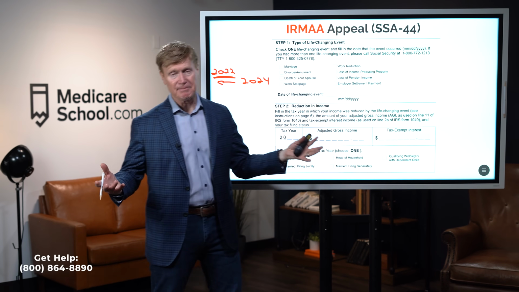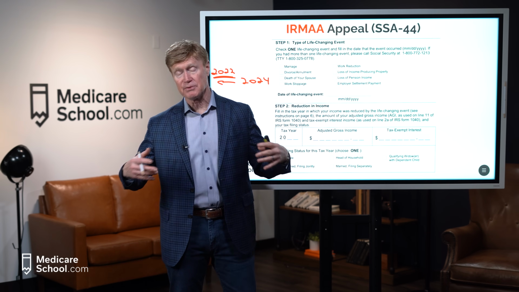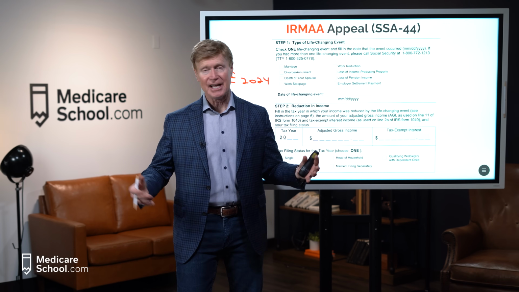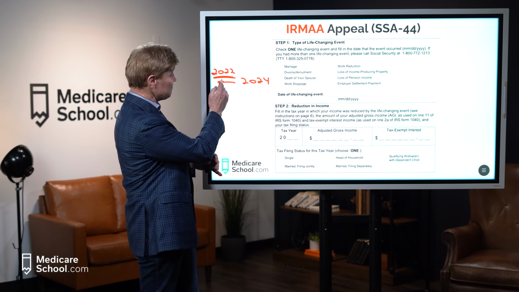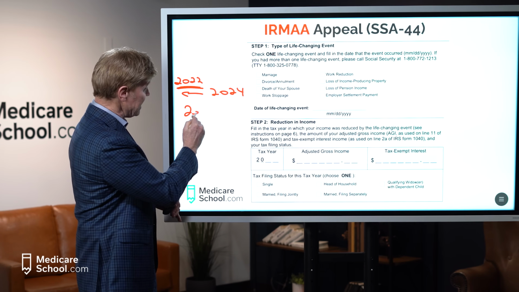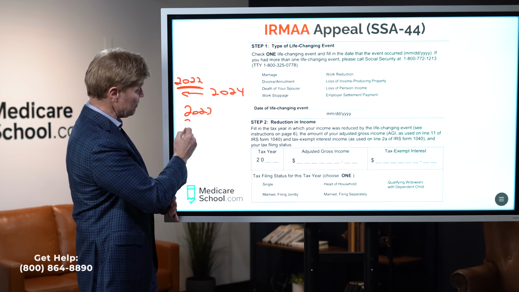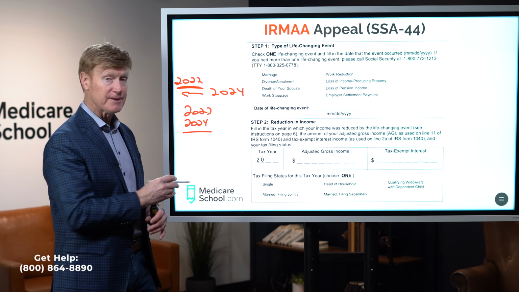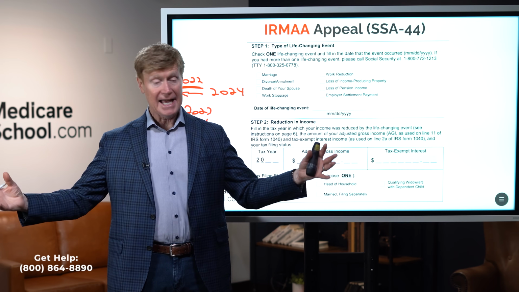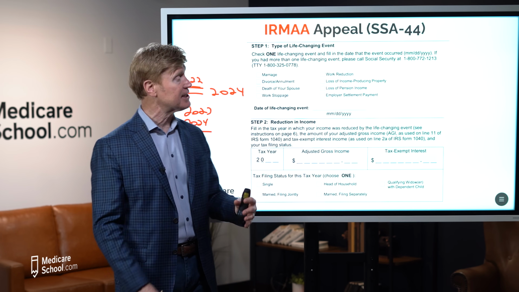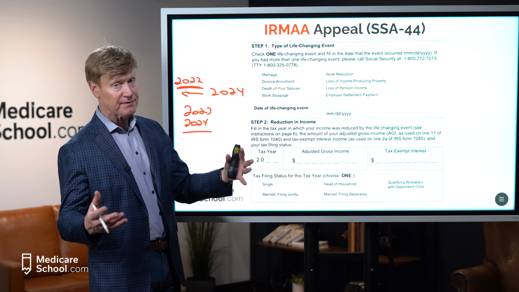A divorce makes sense. I have 2 incomes possibly when there's a divorce and now only 1 income. And so we'd have to prove with a divorce decree and ask them to no longer look back at 2022. And you could ask them, like in all of these, look at 2023 or 2024. All right. Death of spouse, 2 people working, 1 has passed away. And so now that usually has affected the income. And so you have to provide a death certificate to prove that one.